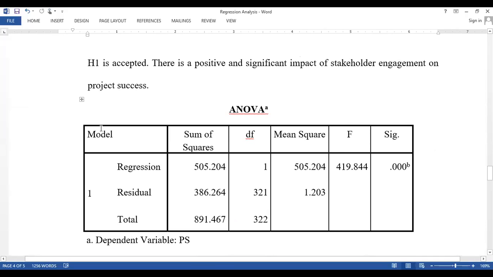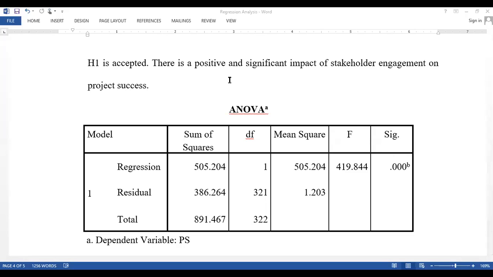This table reflects columns like Model, Sum of squares, Degree of freedom, Mean square, F value, and Significance value. How can we interpret that table? We have regression values, residual values, and total values. The sums of squares are 505.204 for regression, 386.264 for residual, and the total is 891.467.